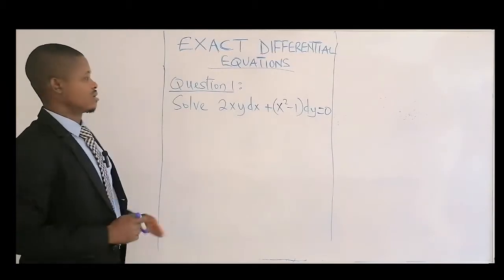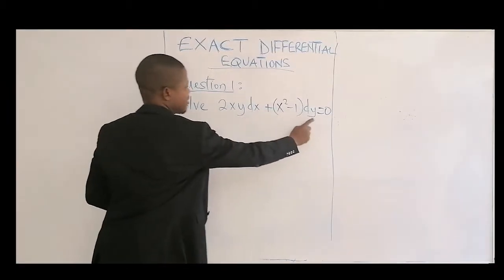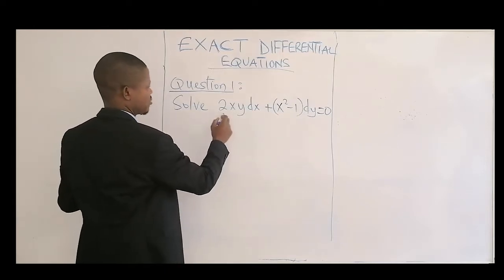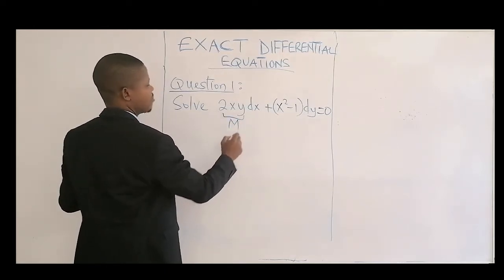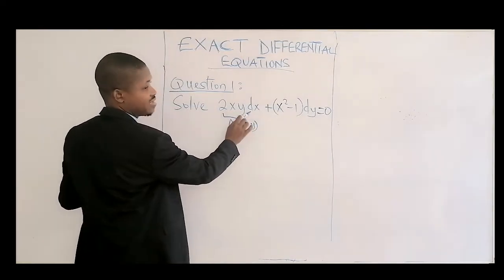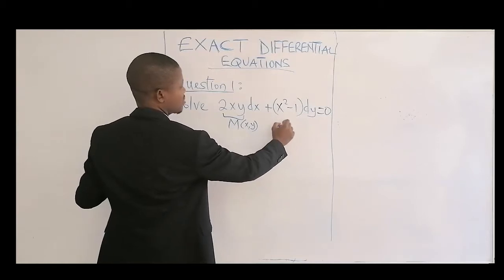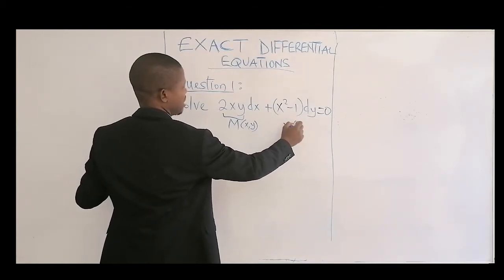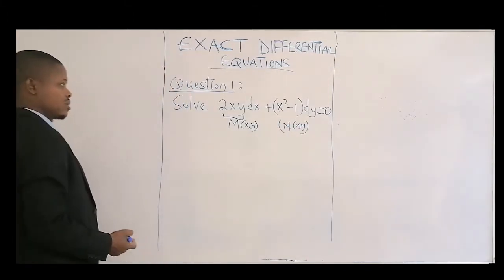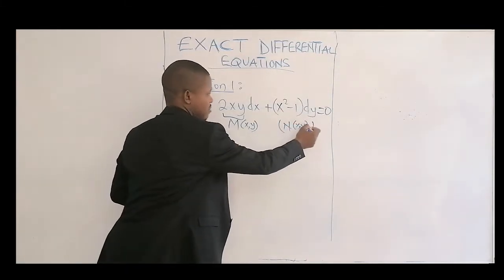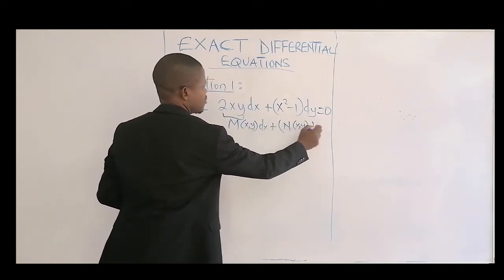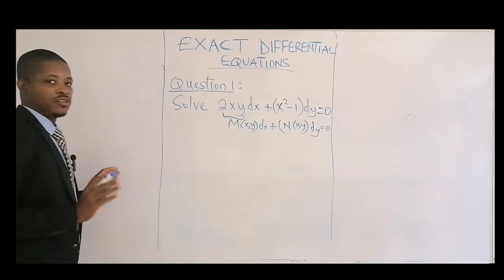Solve this. You can see your dx, you can see your dy. So this one takes the form of, you can call this one definitely your M, which is a function of this one and this one, and you can see the dx. This one is N, the function of, but in this case we have one function. Then you can see your dy. So this conforms to the general standard that this plus this must equal 0. So it conforms to that.